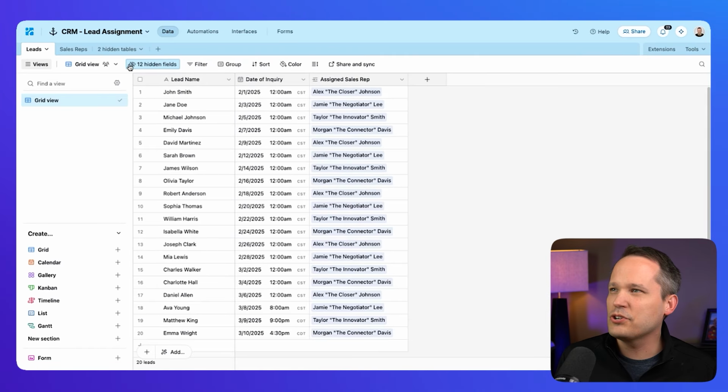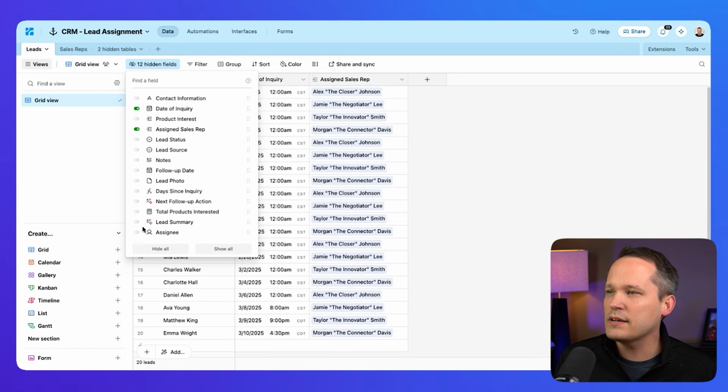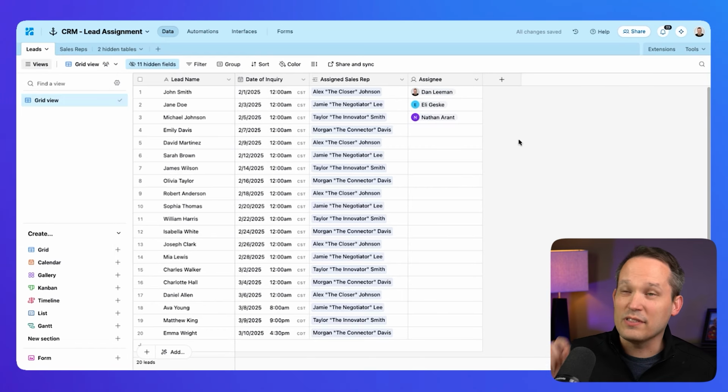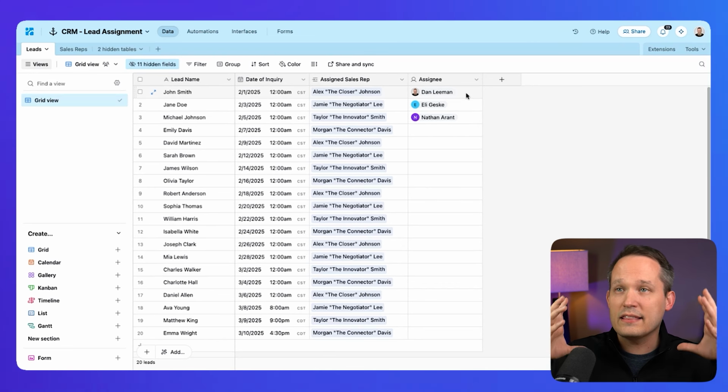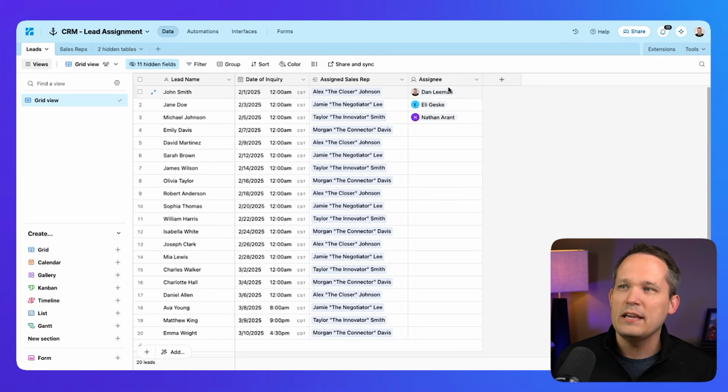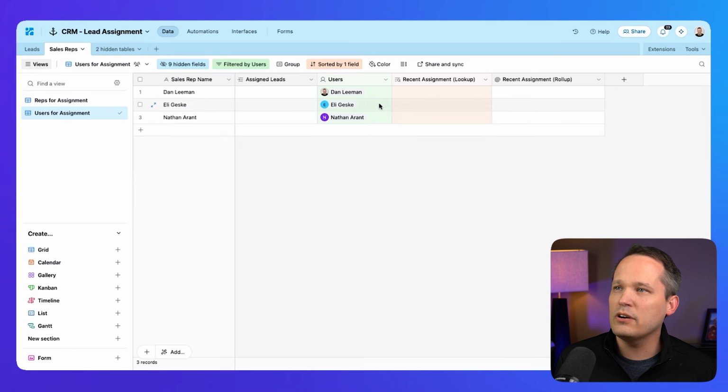I did want to make mention for a second that some of you are going to want to use the actual assignee or the user functionality of this, and you totally can. So if you want that person to get an email notification and get the notification inside of the system, you can easily do this with the assignees, and it's not a problem to have that as well. So on our sales rep table, we could, if we want, have a user actually attached to the sales rep record. But even if you're using the users, I'd really recommend that you still have this table,